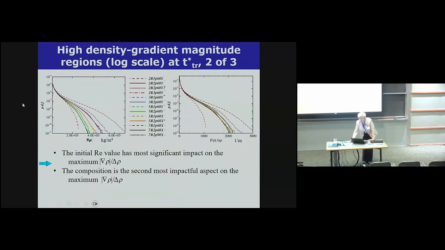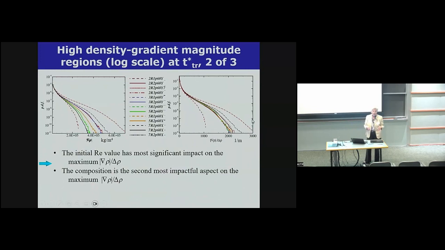So here is a PDF according to the density gradient magnitude. We can see that we go to almost 10 to the 6. We can't say much here, but when we divide by the difference between the density of the lower stream to the density of the upper stream, we actually see them bunched. This is for the highest Reynolds number, the lowest Reynolds number, and these are the other two. We didn't plot all the results here.